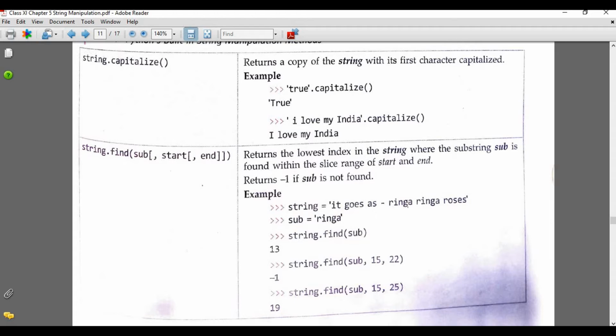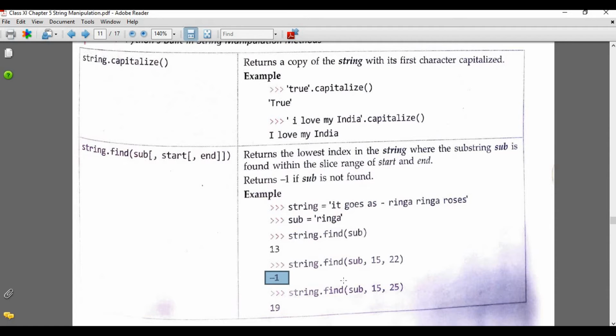Then 16, 17, 18, 19, 20, 21, 22, and 22 finishes here at the G. Now "ringa" also has an A, so it will not cover A. So that's why it will return -1.